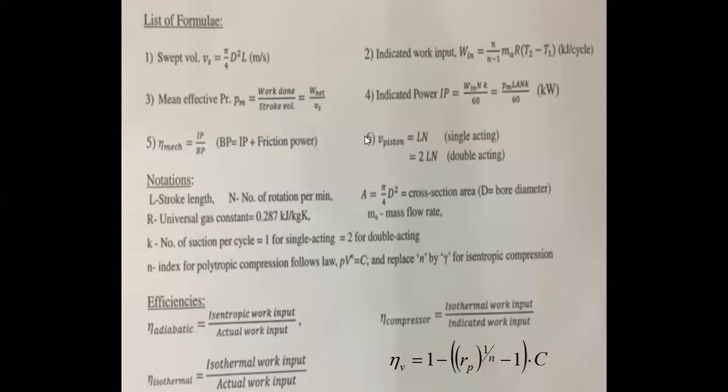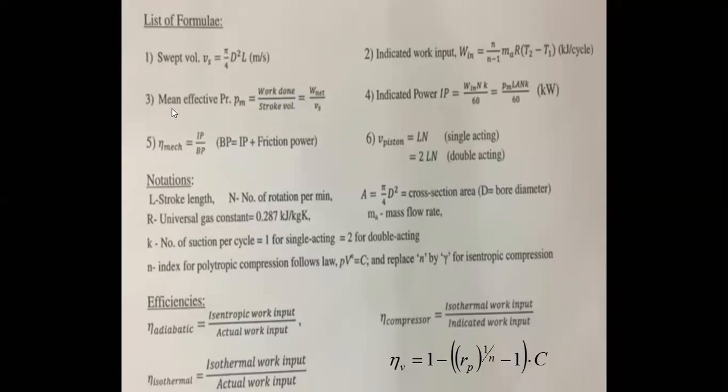Okay, so before going to the numericals, we will see some of the formulas. These are the formulae we already saw in the last lecture also, but we just revise them in order to solve the numericals. The first formula that we should know is the swept volume. As you all know, the swept volume formula is pi by 4 d square into L.